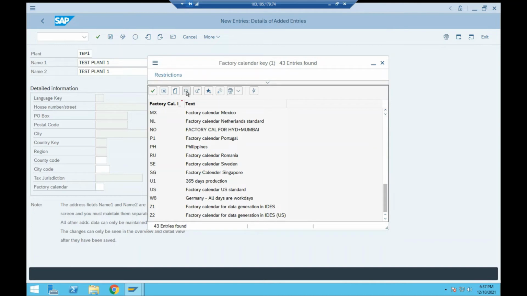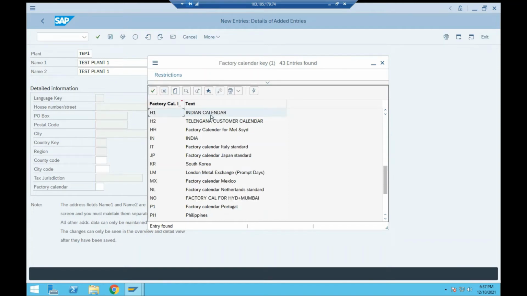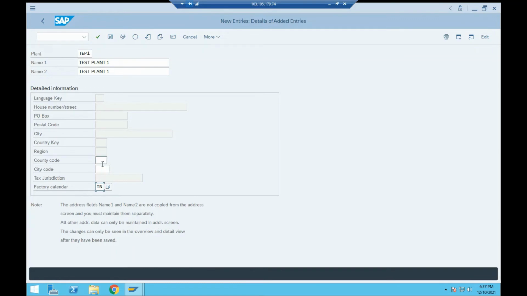Here we have the list of predefined calendars in the SAP system. Some users copy the standard ones and give their own name. For now, we click on the magnifier button and choose the Indian calendar. The standard one is IN for India.